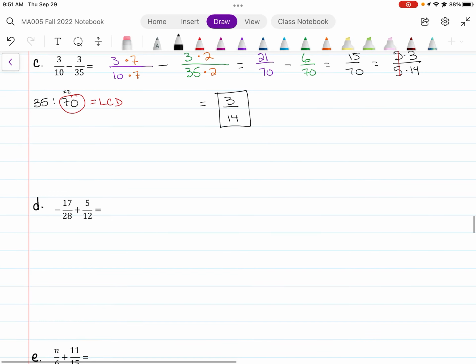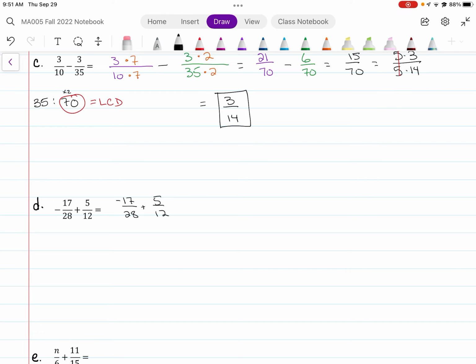All right, the next one. So another way to write this, remember, is negative 17 over 28 plus 5 over 12. All right, now negative 17 plus 5 is the same thing as 5 minus 17. So if you want to rearrange it to say 5 minus 17, you can, whichever way your brain thinks of